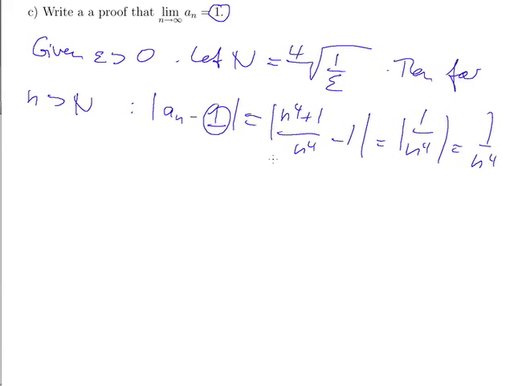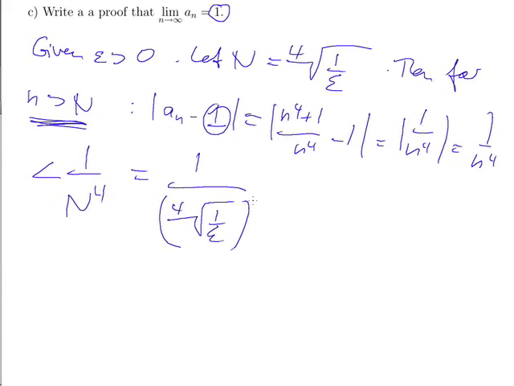Okay, now we're using that little n is bigger than big N, so 1 over n to the 4 is smaller than 1 over big N to the 4. And what was big N? Big N is the fourth root of 1 over epsilon, to the 4, and this we can simplify as 1 over 1 over epsilon, which is epsilon. That proves the theorem,